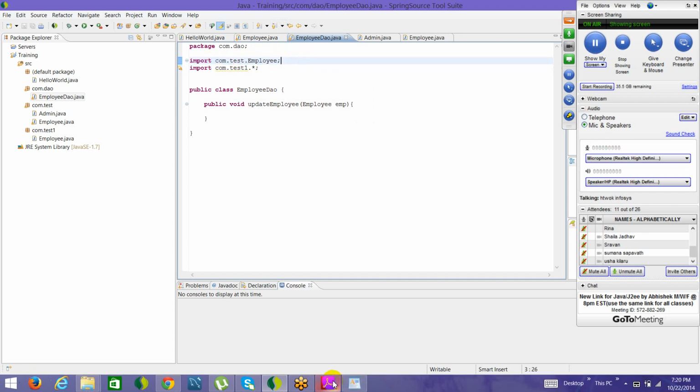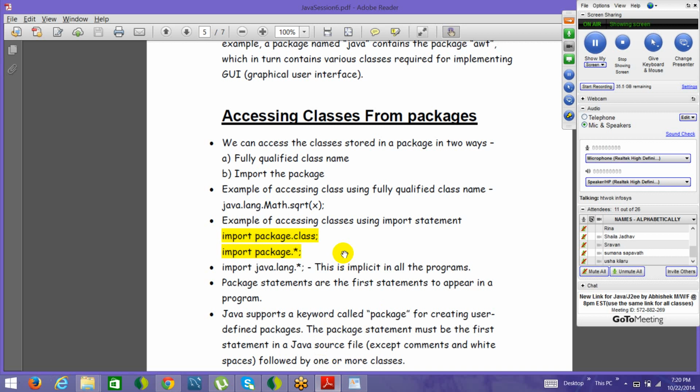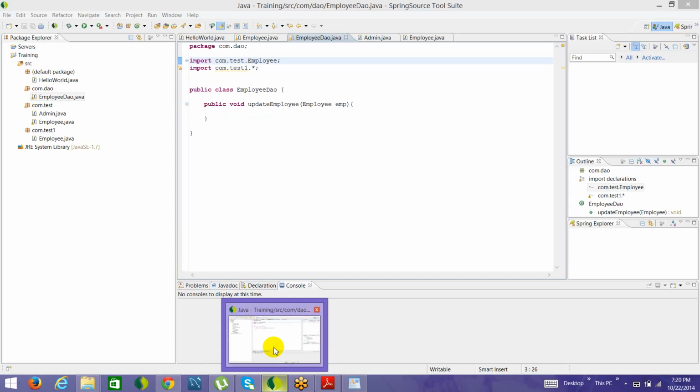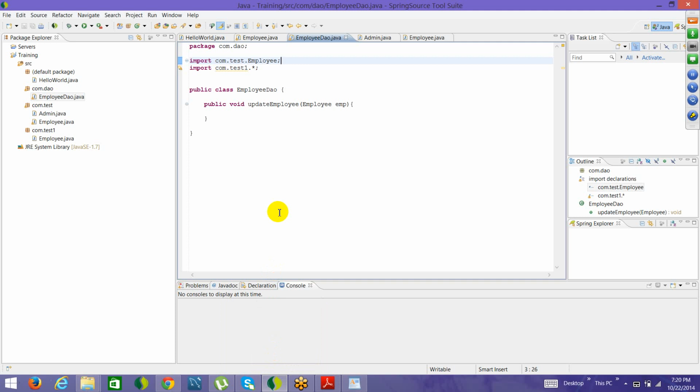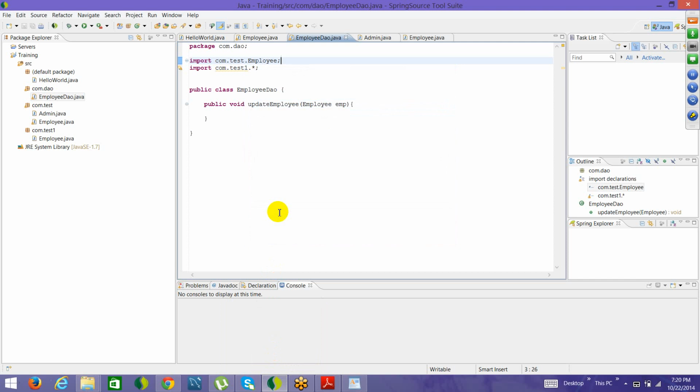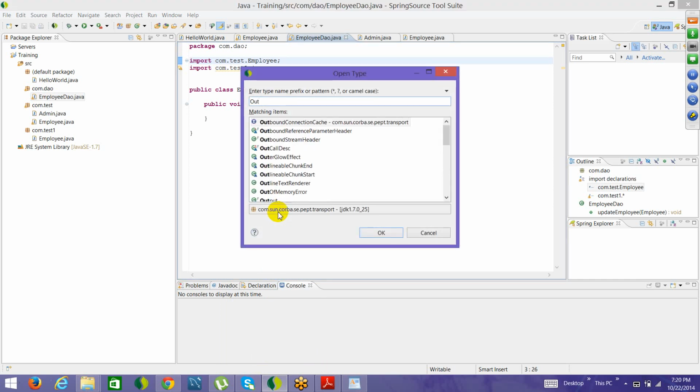Okay. Now let's go back to the thing. If I see here, what do I have? import java.lang.* is implicit in all the statements. What that means is import java.lang. Every important class Java has written for your basic use is there in the java.lang package. Say I have OutputStream, right? If you go and search for OutputStream, I think I'm not able to search here, but if I go and search for OutputStream,